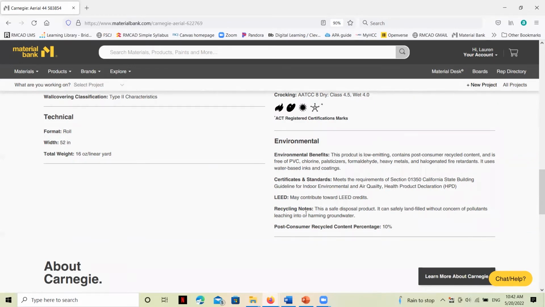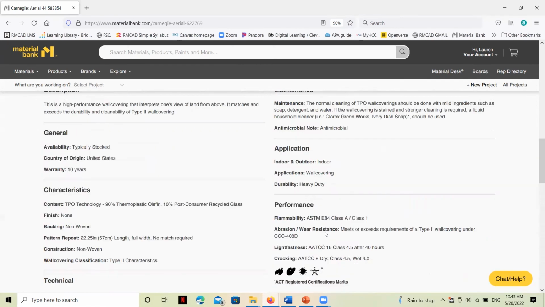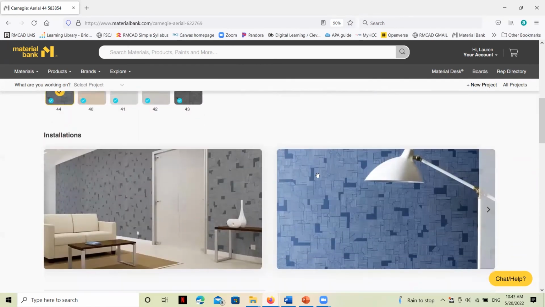And so we can see sometimes there's going to be some certificates and standards here, which we can Google these terms or look them up in the glossary to see what these mean. We can also see information about just the basic environmental benefits, if it has passed any LEED certification or if it contributes to LEED points, and then any other information that's available. And so you'll be able to select products and make note of the sustainability components of it by doing a simple search with some adjustments on your filters, as well as depending on the learning resources to better understand the vocabulary of the materials that you specify.